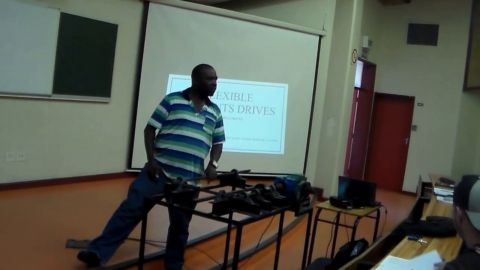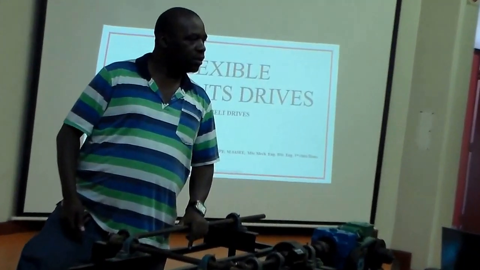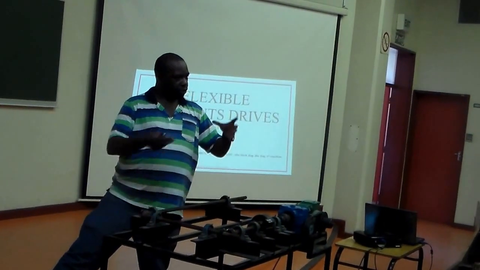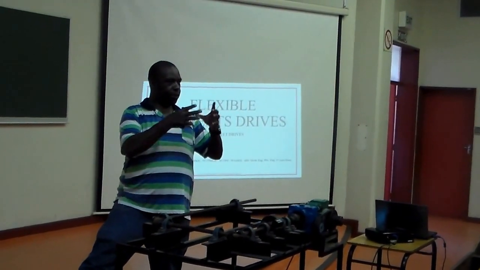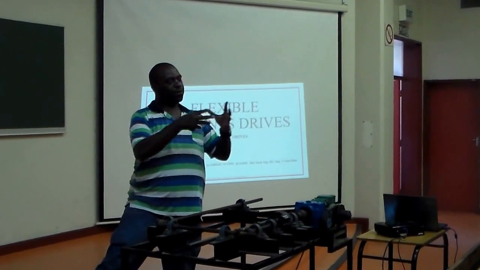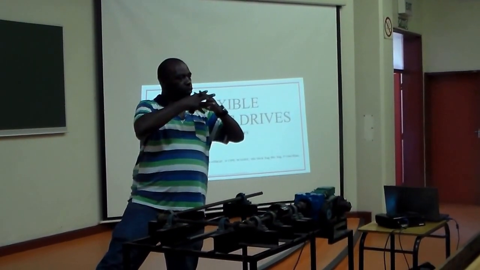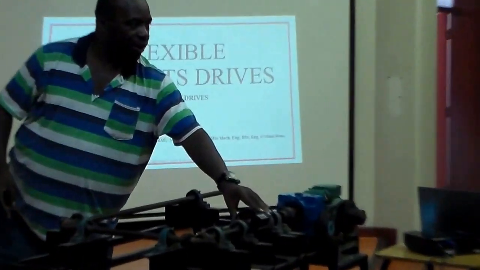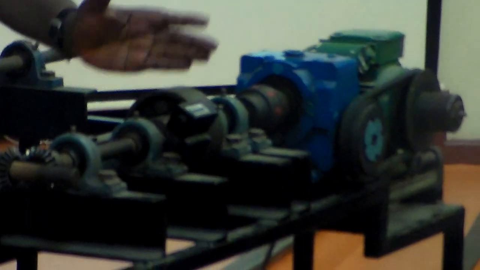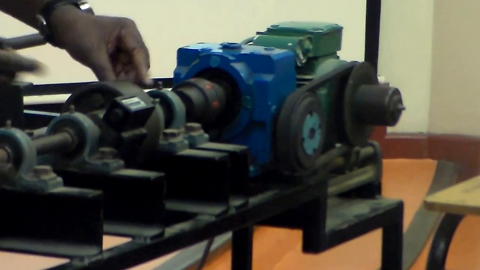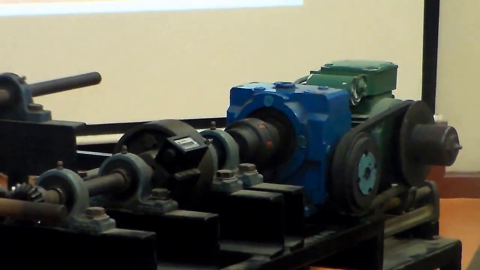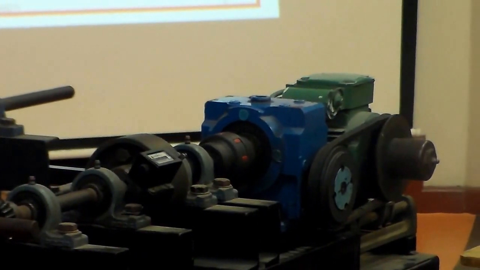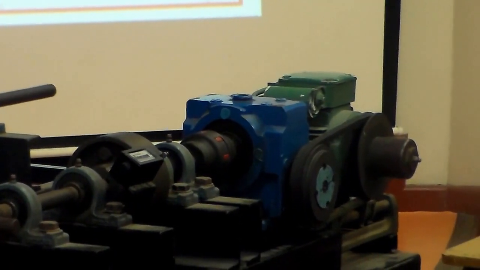What coupling? No, there are several types of coupling. Okay? There are several types of coupling. So you have some which have jaws, okay? This is the rigid one. So this member here and this member here, they are tightly joined. So this is the rigid coupling. This shaft here and this shaft rotate as if they are one unit.